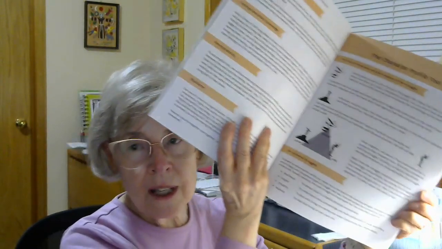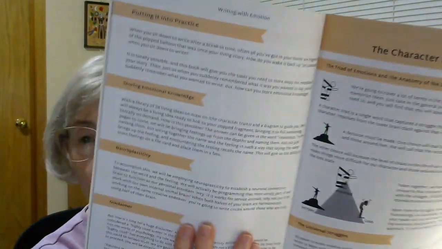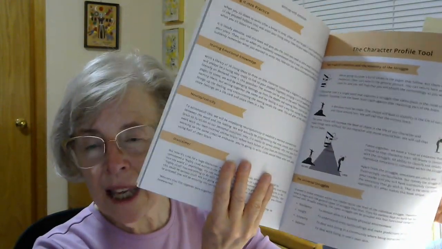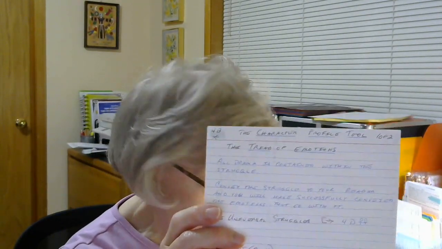And the big theme of that page is about the triad of emotions. So when you get to that page in the book, that triad of emotions is a huge chunk. In fact, it's the whole title at the top of the book. So that is equally important to be in the index as the character profile tool. You can put any number of keywords off of a card into the index.